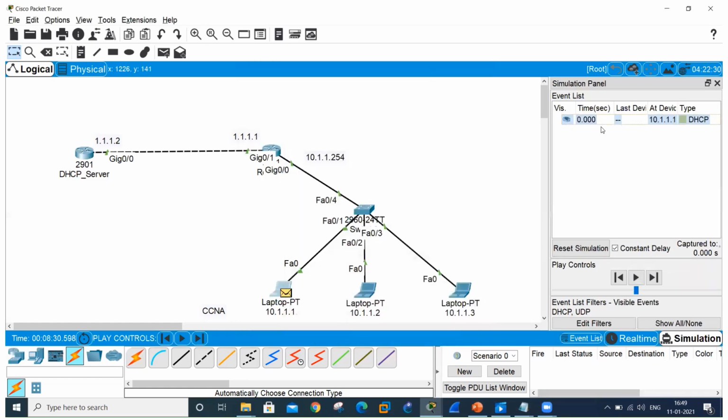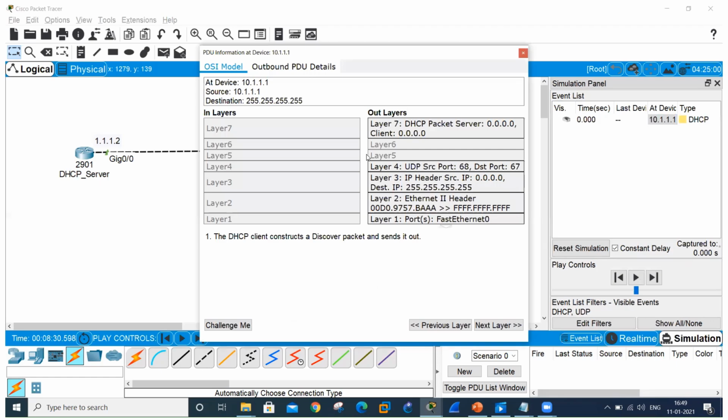First of all, this is the discover packet, right? DORA process. So click on this and see what's happening. Layer 4, 68 to 67, fine. Layer 3, IP is 0 and is going to broadcast, fine. Layer 2 is going from all the A's to broadcast, right? Now,